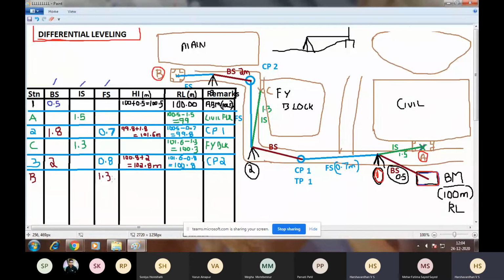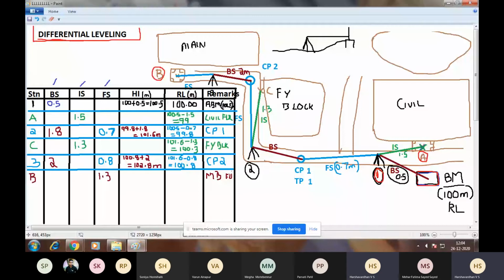It is the last staff reading, so I'll enter it in the foresight column. So this is the main building floor, my last point, last reading.